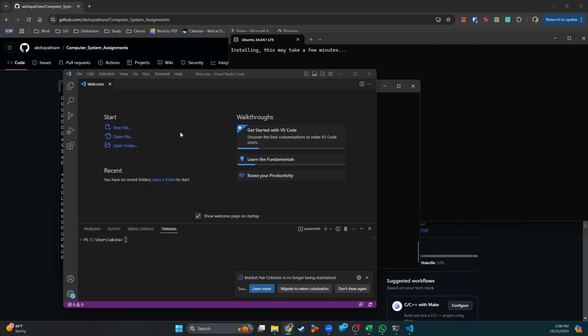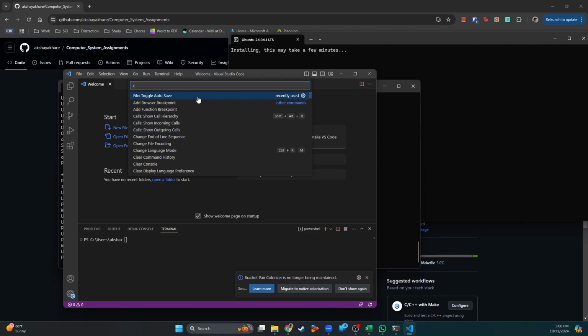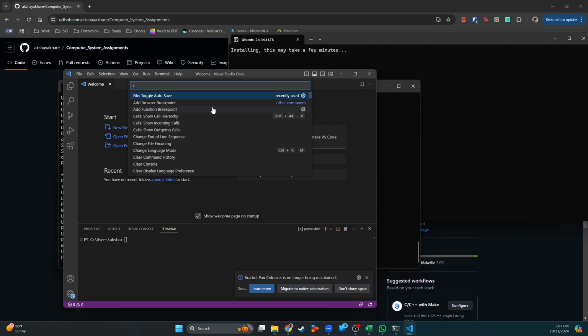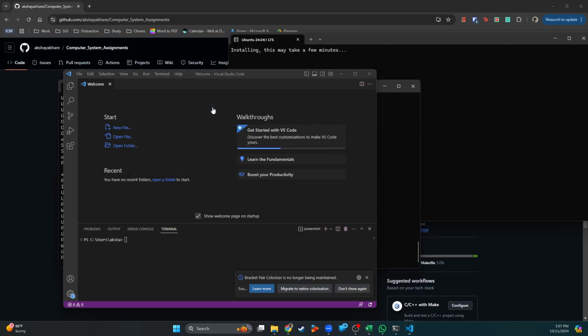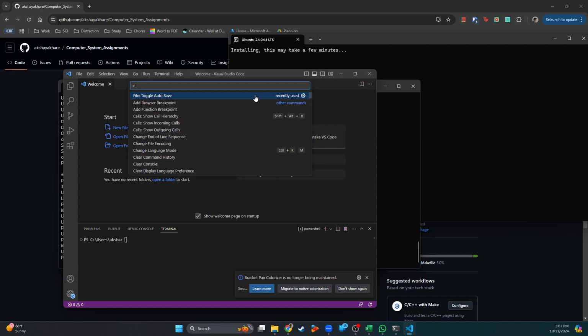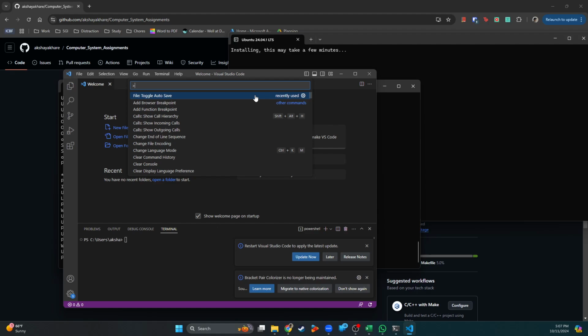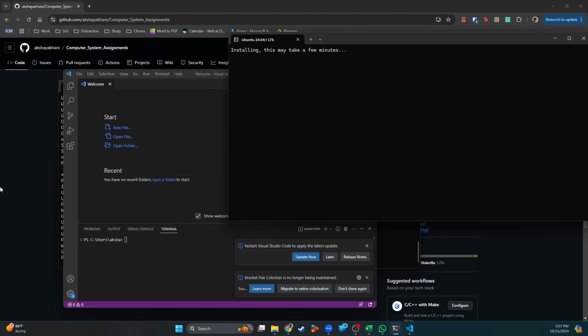So it says press F1, which you can also do from Control Shift P if you're using Windows. I do not know what it is for Mac, so it's something similar, but it will be there. Okay, so WSL, connect to WSL. Lost it. What? We don't have it as of now. Great. I think until this gets installed, not to